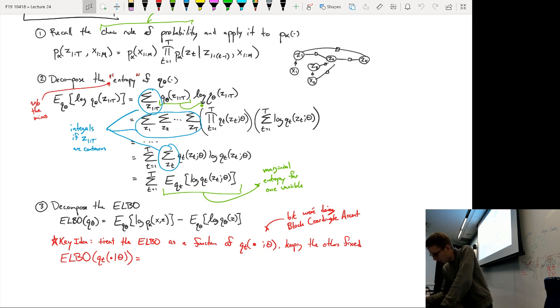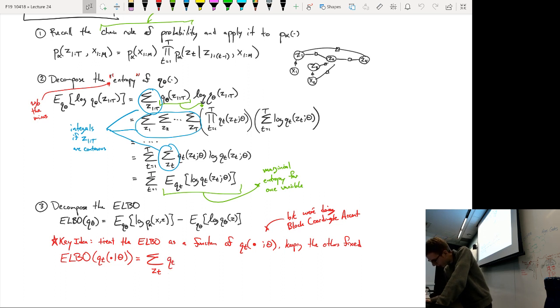Maybe at this point we should actually switch to integrals, just so that it's really clear. Summations are fine; I'll just call out explicitly where we need to switch to integrals. So this is a sum over variable zt of